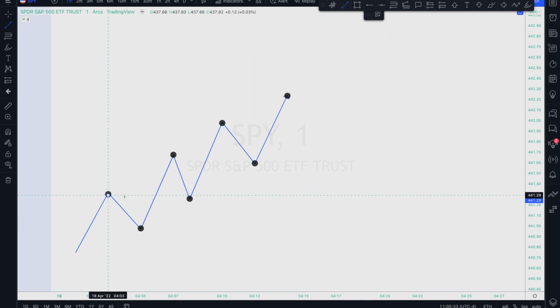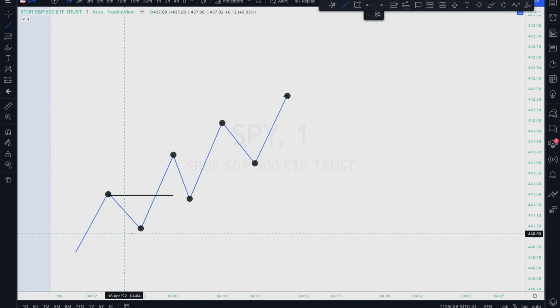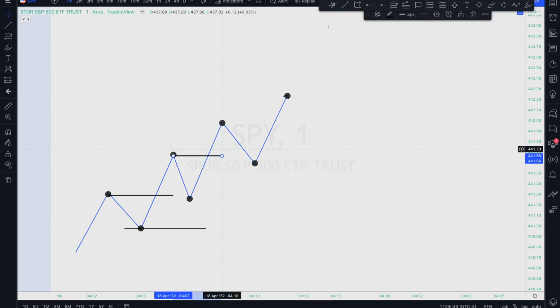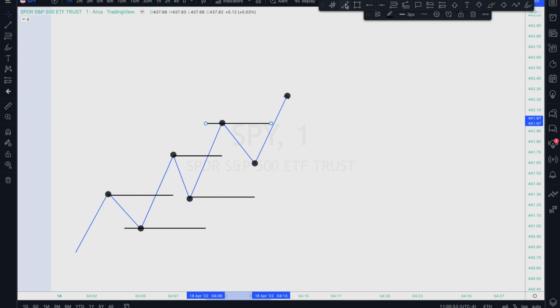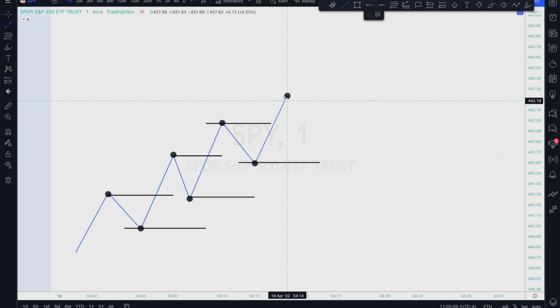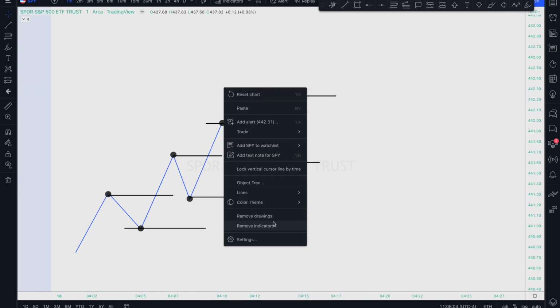So if we have a high, that high was broken. Now it gives us a low. And we have a high, and that high is broken. So it gives us a low. We have a high, and that high is broken, and it gives us a low, and so on, right? That's higher highs, higher lows. That is an uptrend. So now if we go to the downtrend,